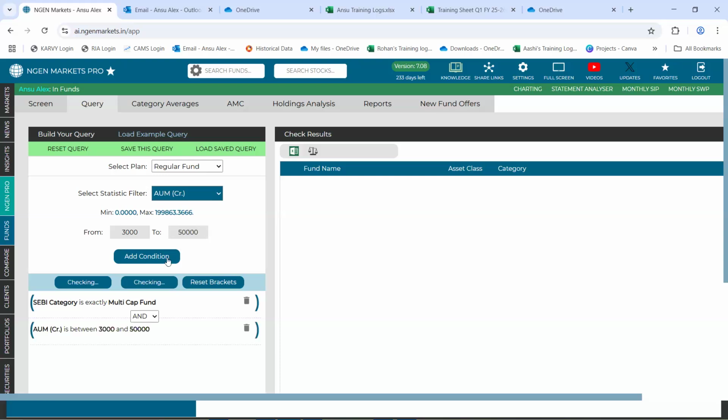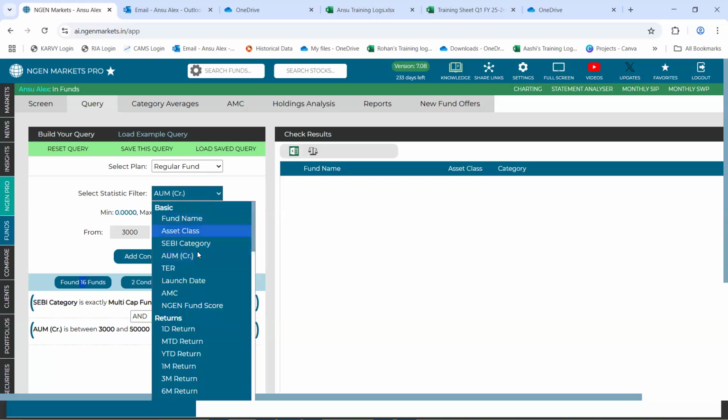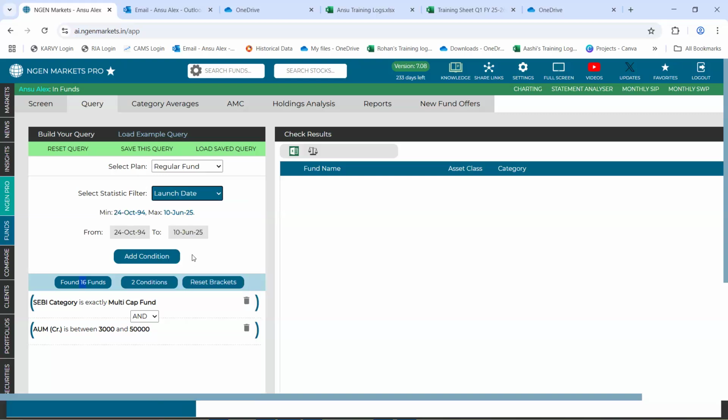And I'll click on add condition. So basis this one filter of AUM that we had put in, we have now come down to 16 such funds only. So from 31 to 16, the remaining 15 odd funds got shortlisted basis this AUM parameter. Next, I would also put in a range or a filter of age as well. And for that, I would select this launch date as an option. So here, let's say I put in a 3-year and older fund. So I would be editing the end date and I've made it as 2022 year